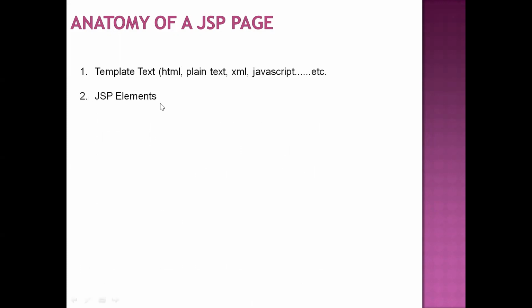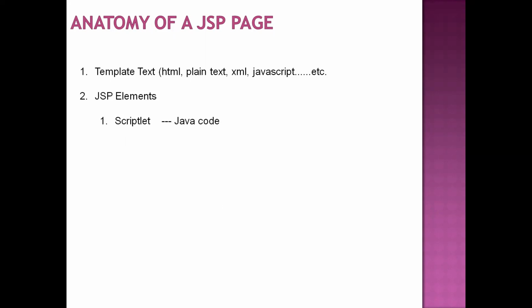Now if you see the JSP elements here, as I already told you in the first session, just like HTML, in JSP there are some predefined tags. Every Java component we place between the angular bracket and percent sign, and the tag ends with the percent sign and the angular bracket. If you write any Java code between those two symbols, then we call those JSP elements. Let us see the JSP elements first.